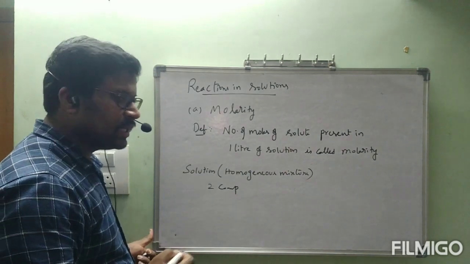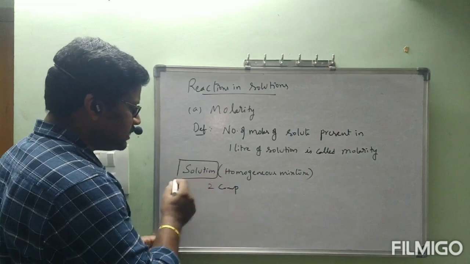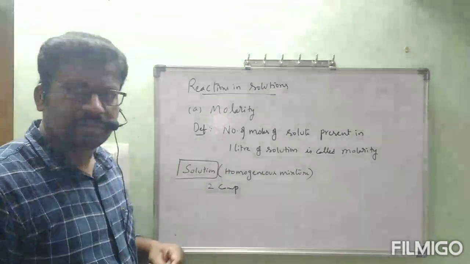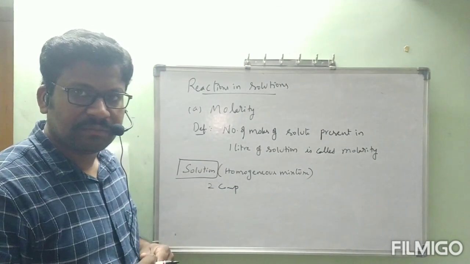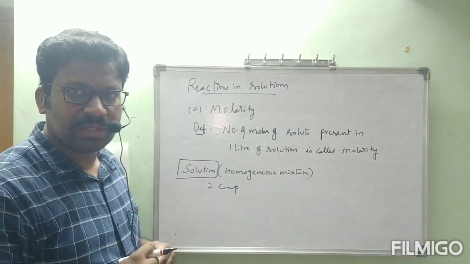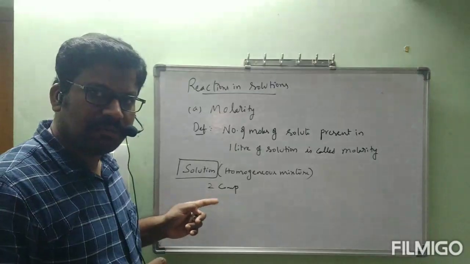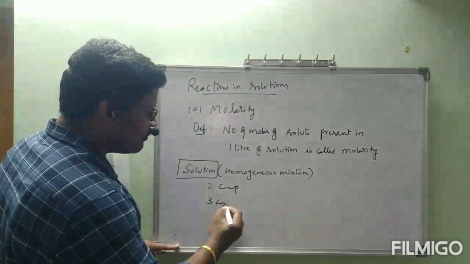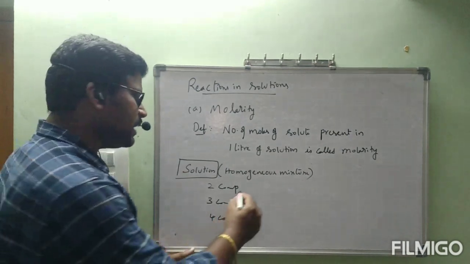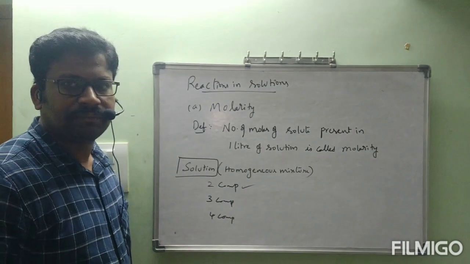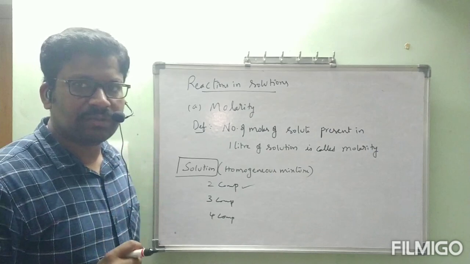At least two components. Now, one important point is, separately the solutions concept, separate chapter, we are going to study in 12th class. 12th class second chapter, solutions only. Okay, now these solutions contain at least how many components? Two components. It can be contained by three components, four components also, but we will see about only two component solution. Even in 12th class also, separate full chapter, we will go through only two component solutions.